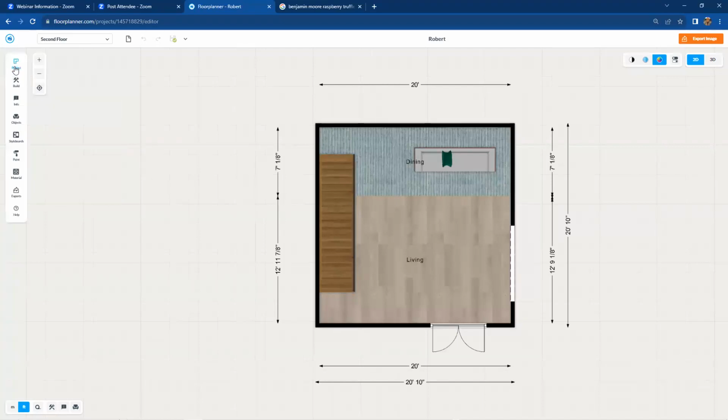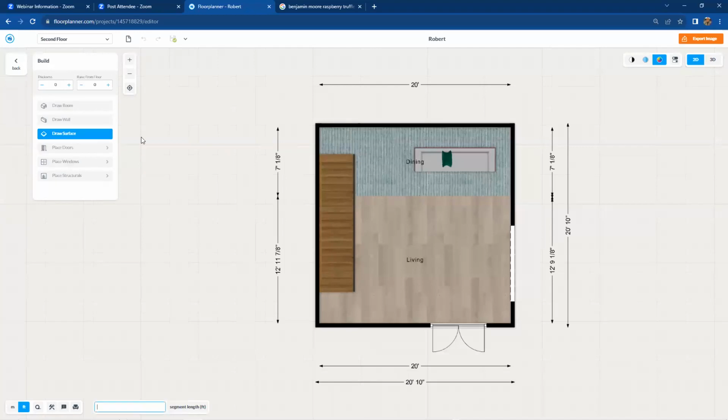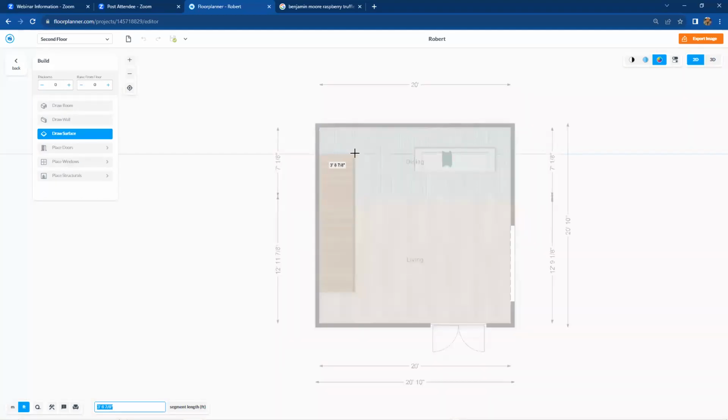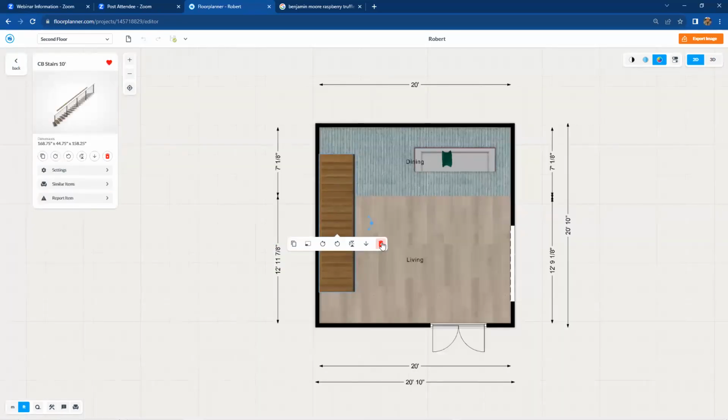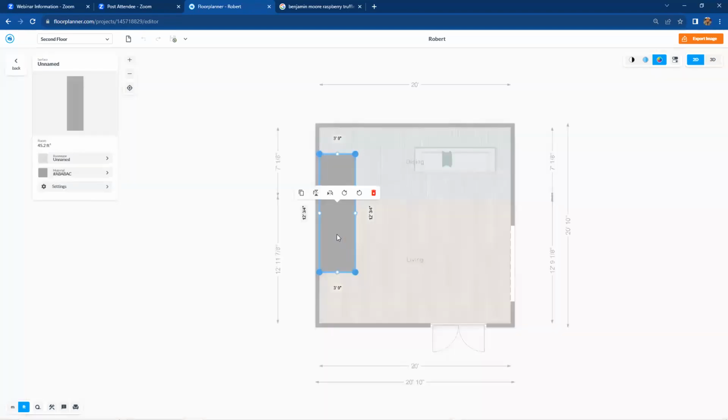So I'm going to just trace out using, no big surprise, surfaces. I'm going to trace out where the hole in the floor is going to be. Left click, a second point, go down the staircase, click over, done. Escape to end. Now I don't need the staircase on the second floor, so I'm going to delete it. And this will be my opening looking down to the floor below and letting the staircase come through from the